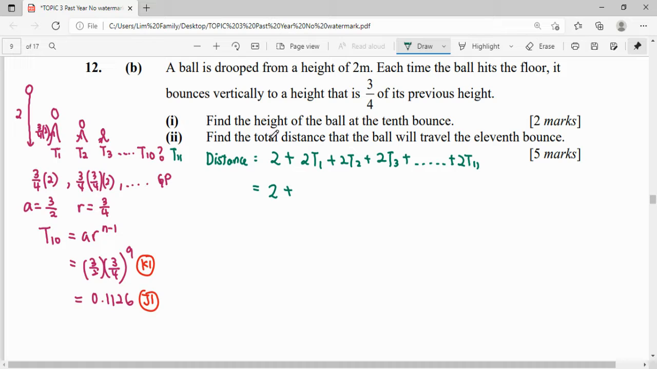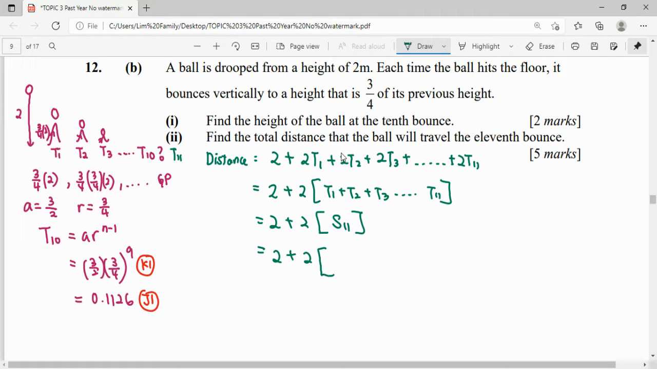So from here, when I factorize the 2, it will equal T1 plus T2 plus T3 plus until T11. So it will be the concept of the sum to 11 terms. So now we're going to find our sum up to 11 terms here in geometric progression. Their formula will be Sn equals to